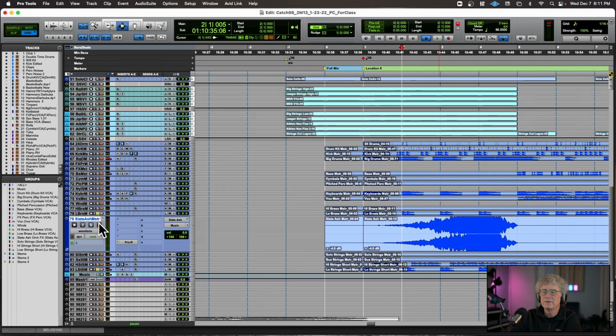So with the low strings, I've got a combination of short with the bow and then col legno at the same time. And then that sort of gives you almost like a subharmonic feeling with the bass, with the brass. And then doubled with the low note on the piano.